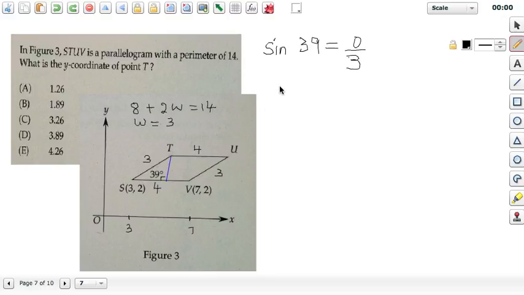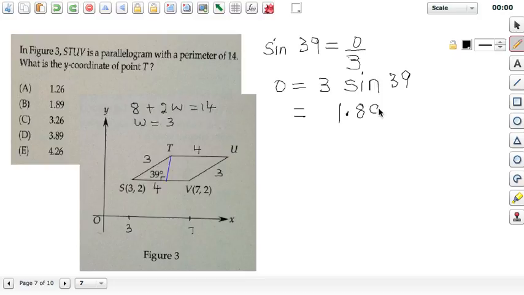So the opposite side, let's call it the blue line here, is equal to 3 sine 39. And if you plug that in your calculator, you should get